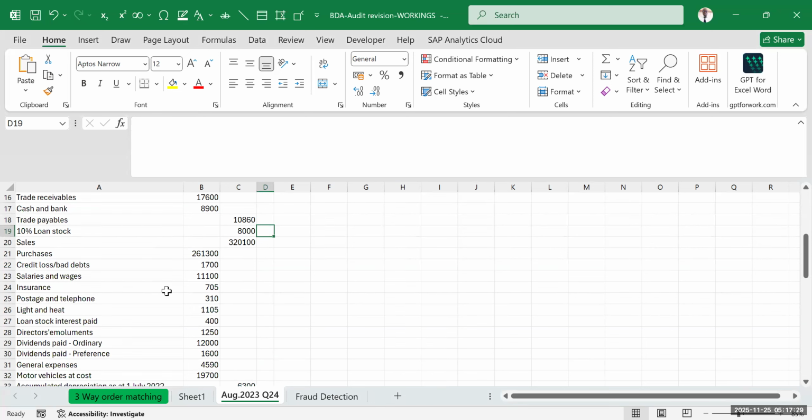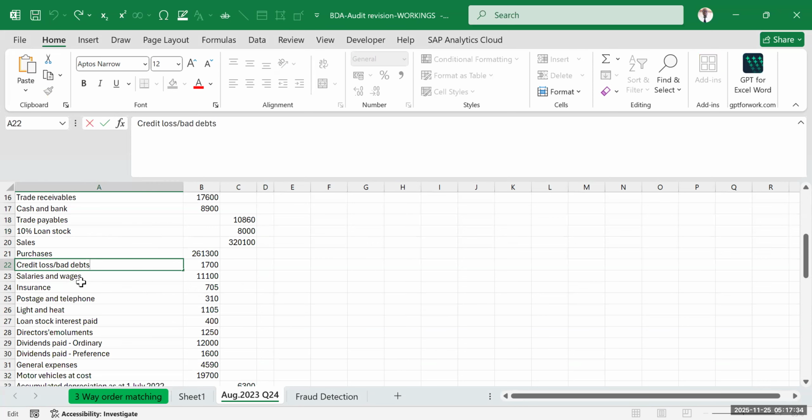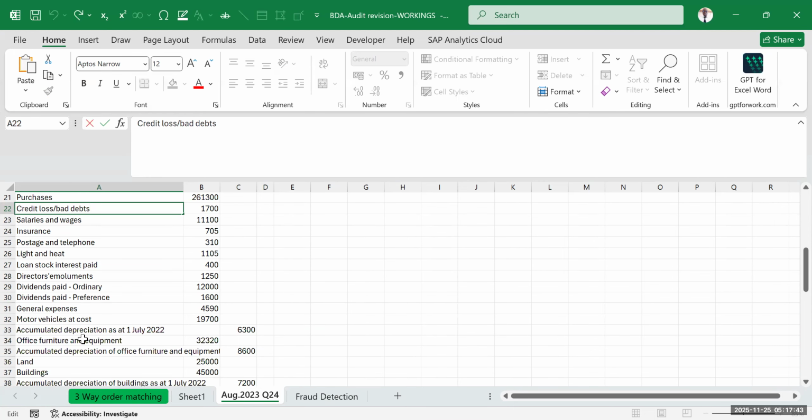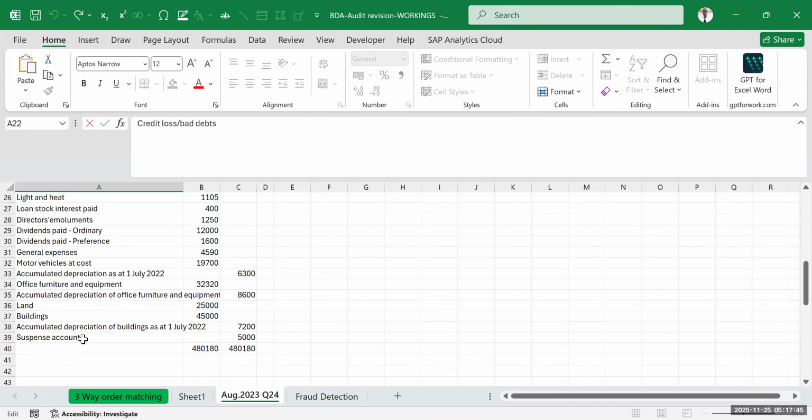Purchases are there, credit loss, which is the same as bad debts. Salaries and wages, insurance, postage and telephone, light and heat, loan stock interest paid, directors' emoluments, dividends paid, which is under ordinary. Then preference dividends paid is also given, general expenses, motor vehicle at cost, accumulated depreciation as at 1st